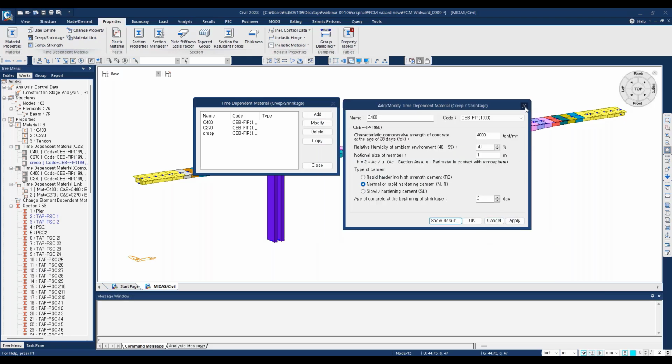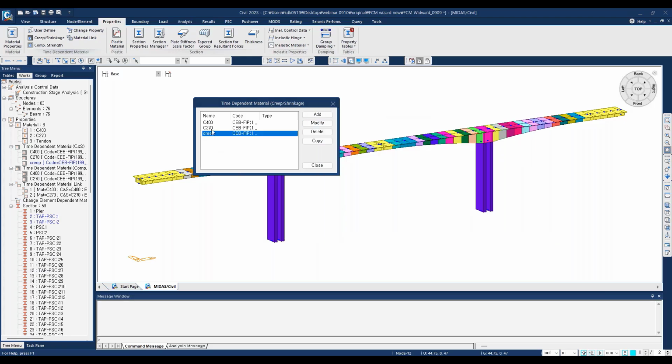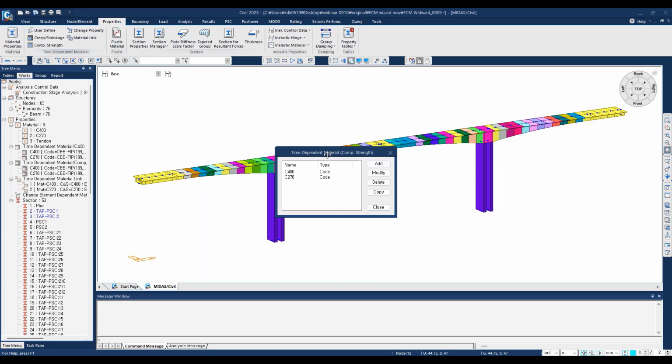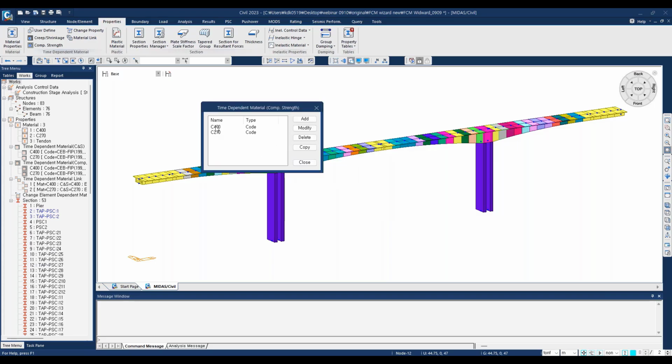So that is how we can define the creep shrinkage function in Midas Civil. I'm going to delete this one because we are not going to use it. I select it and then I click delete. And after creating these two functions about the concrete we are going to use, we need also to specify the compressive strength of the two concrete. The first concrete C400 and